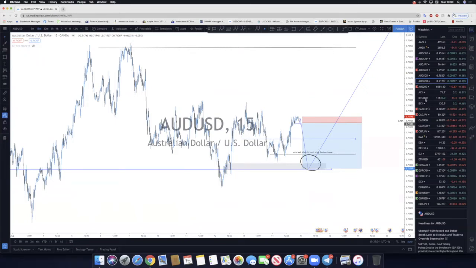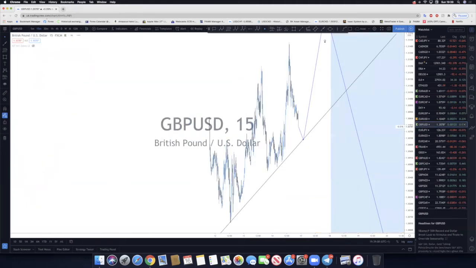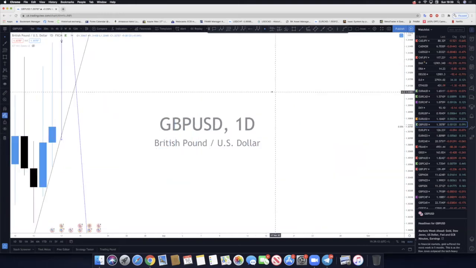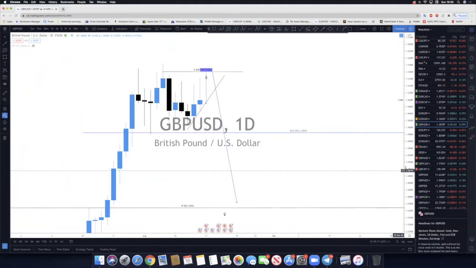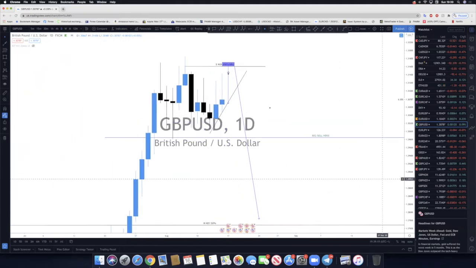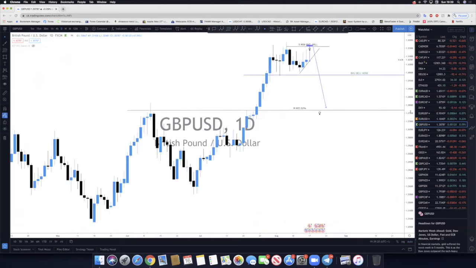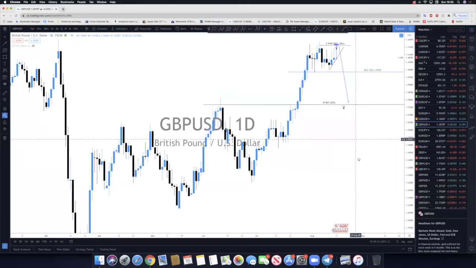The next pair is going to be pound dollar. Pound dollar is here. Last week we were looking for the same thing, the same downside, and we took a sell. We took a buy for a long time, and then you can see exactly here as well that the market has been rallying up. It's been pushing up until last week. You can see from here.